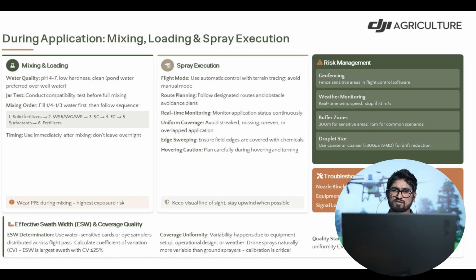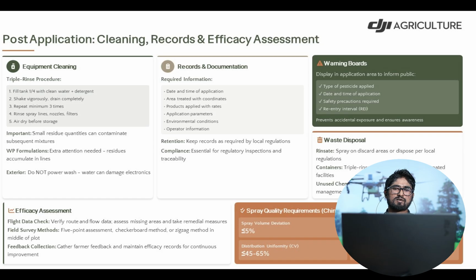And records and documentation, it requires information like date and time of the applications and area treated with coordinates, and what products are applied with the rates, it means dosage, how many chemicals are used for a particular hectare, and application parameters like droplet size, swath width, speed and crop height of the drone parameters.